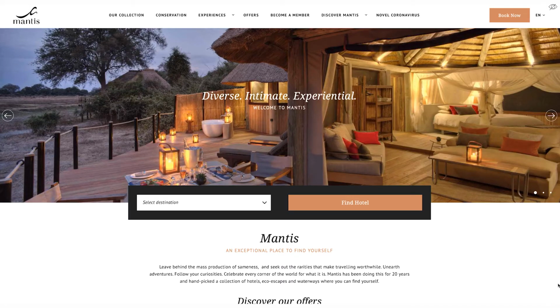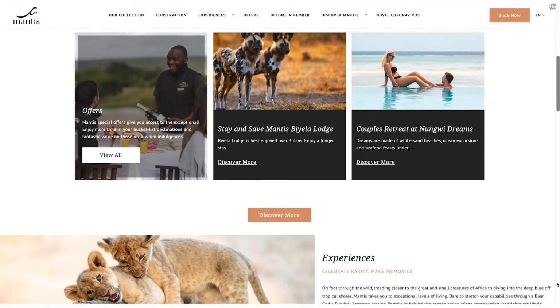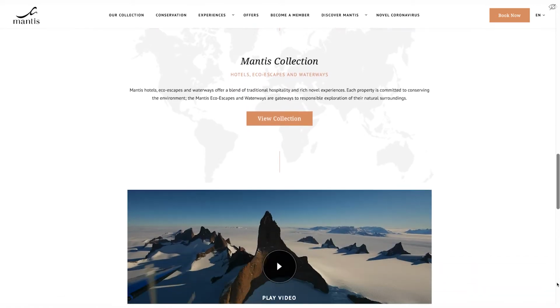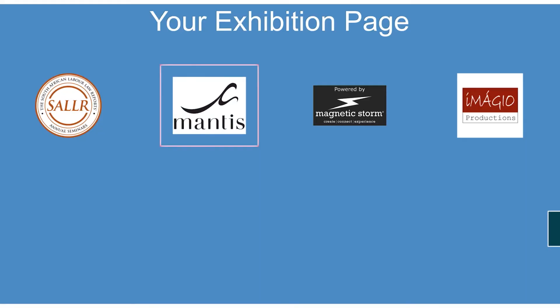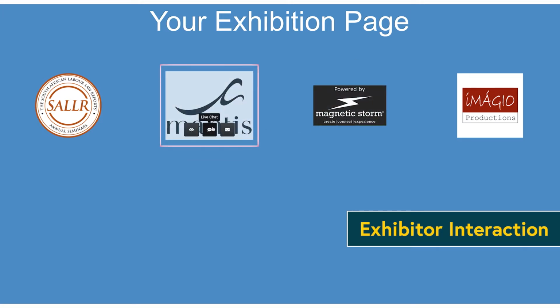There are a number of options in this regard. This one specifically, Mantis has chosen a direct link to the website. You could also have a PDF here. You could create a special page, or alternatively, you can even put a video in here. But that gives you, the delegate, an automatic link through to the identity of the exhibitor. If I close that icon, then I'll move on to the next icon, which is the very last one of